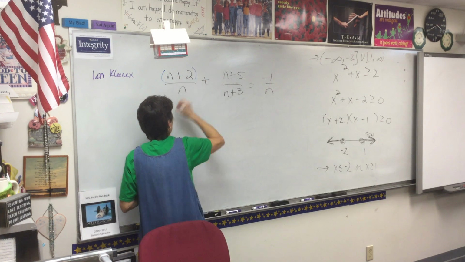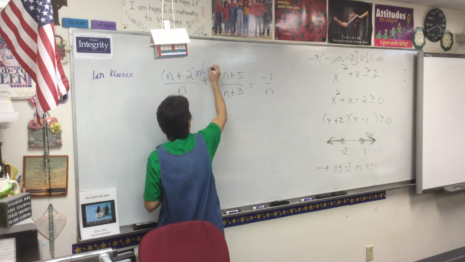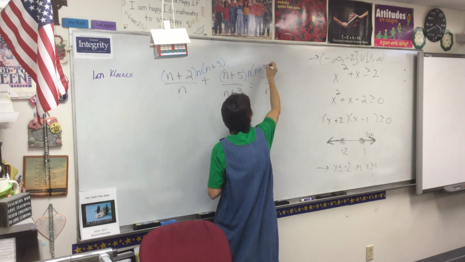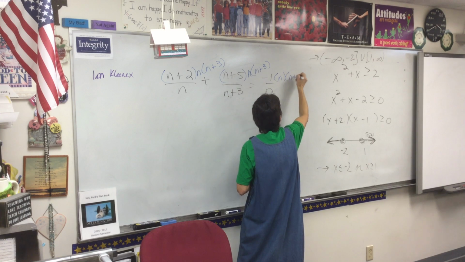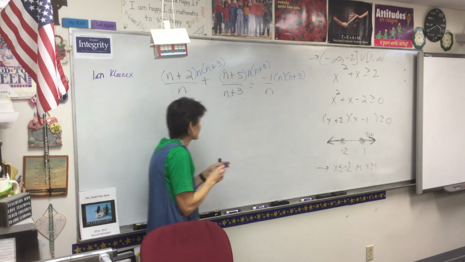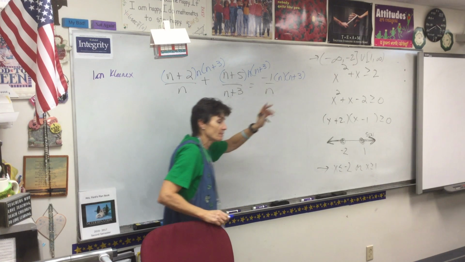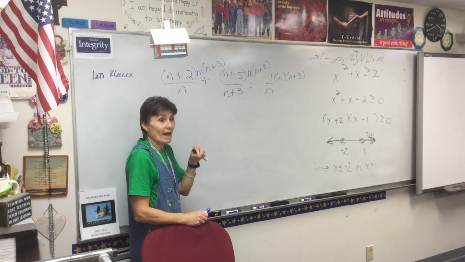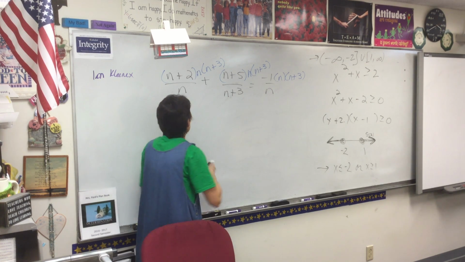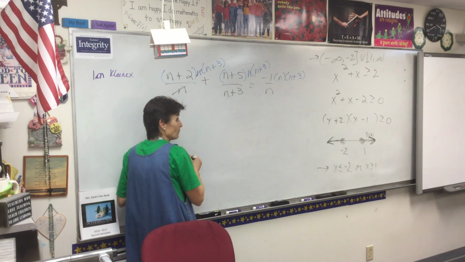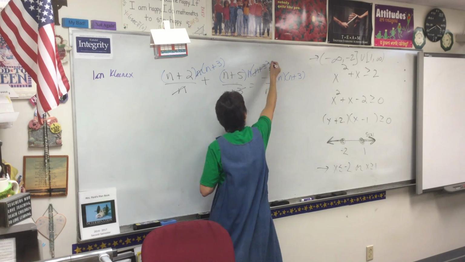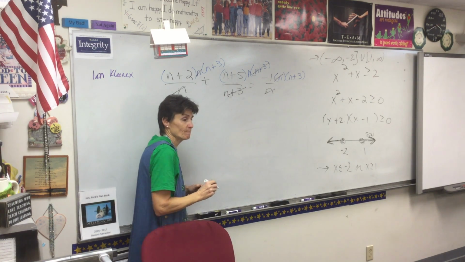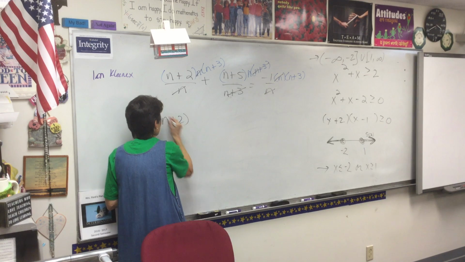And what would we multiply by? n and n plus 3. Some kids got confused because they thought since there were 2 n's, they had to multiply by 2 n's. No, you have to multiply by whatever will cancel the denominators. Will that denominator cancel out? Yep. Will this one cancel out? Yep. Will that one cancel out? Yep. We're done. We're good. So we have n plus 2, n plus 3,